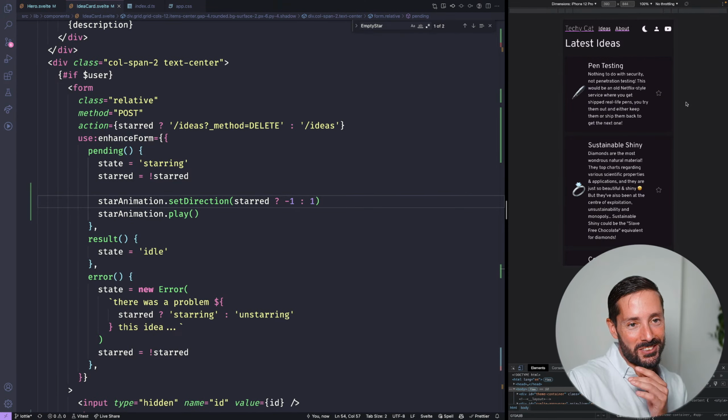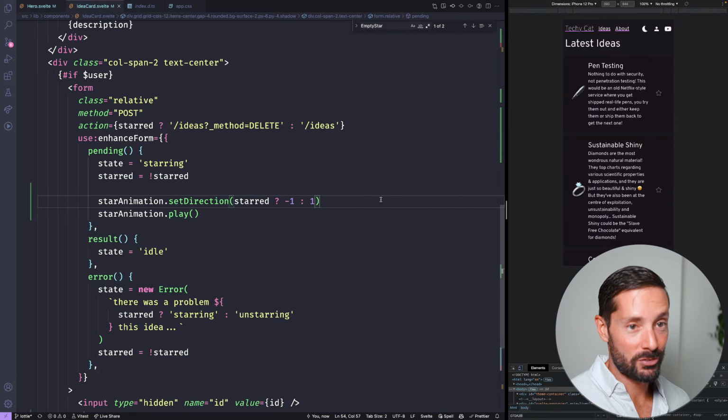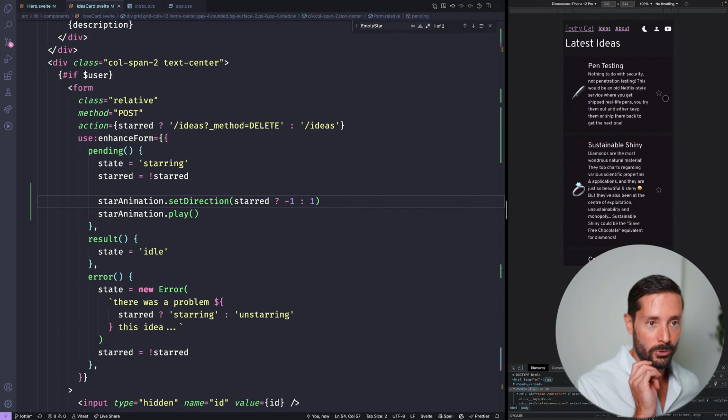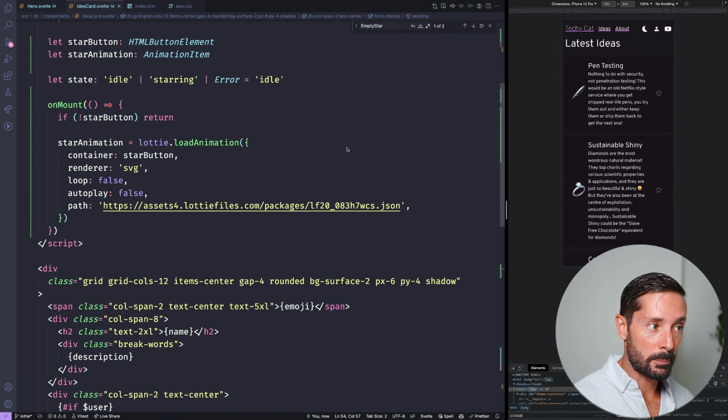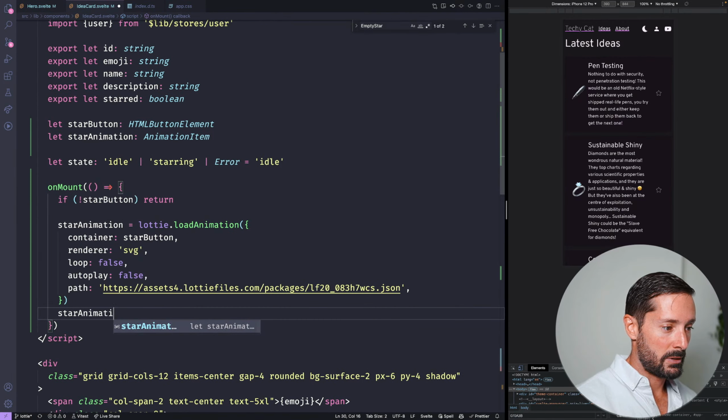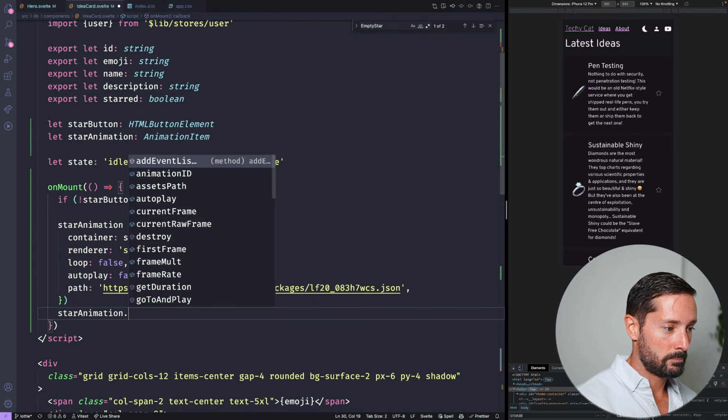Maybe we'd be jumping straight to that frame, but it's hard to say whether this is working or not, because this does not reflect reality. We want the animation to go specifically to a place, to a frame, according to whether the thing has been started or not. So we load the animation, and then we want star animation, go to, and stop,